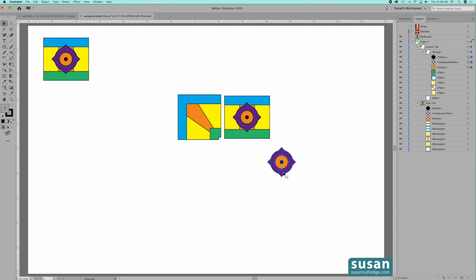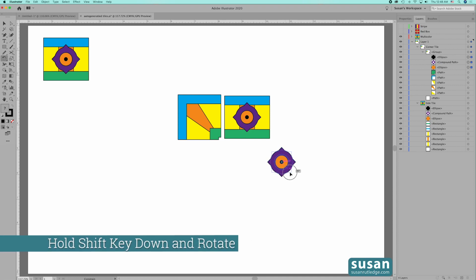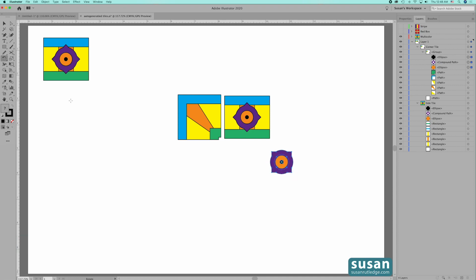And then I'm going to rotate these objects. I'll use the Rotate tool, keyboard shortcut R, hold my Shift key down, and rotate 45 degrees. I'm going to get the Selection tool, keyboard shortcut V, and I'm going to drag my design into the corner tile, and I'm going to have it just slightly overlap the green here so that it's consistent with my side tile. And I am pretty happy with that, so I'm just going to leave it there,